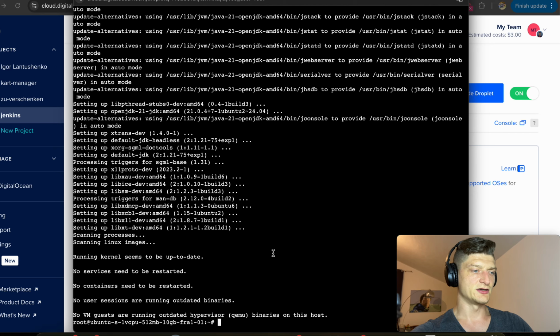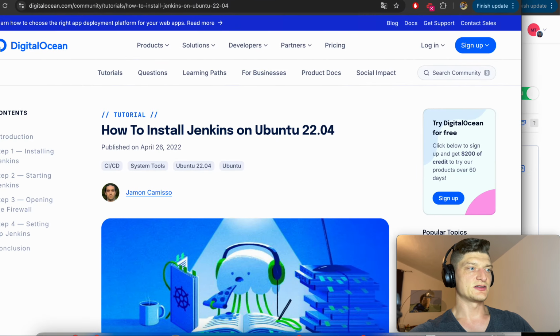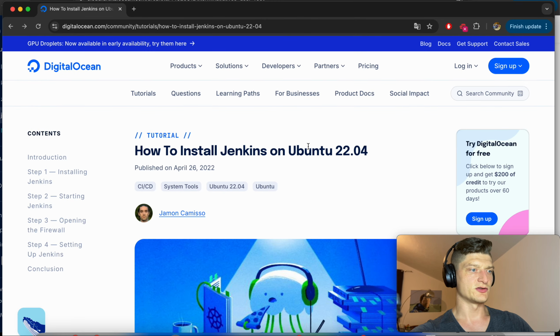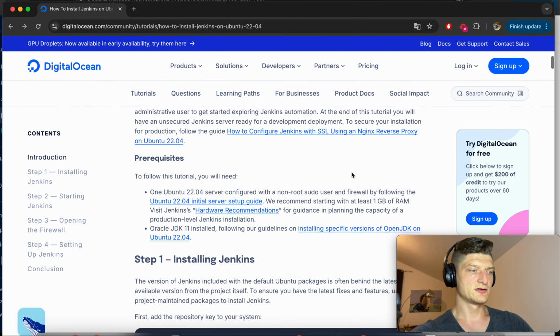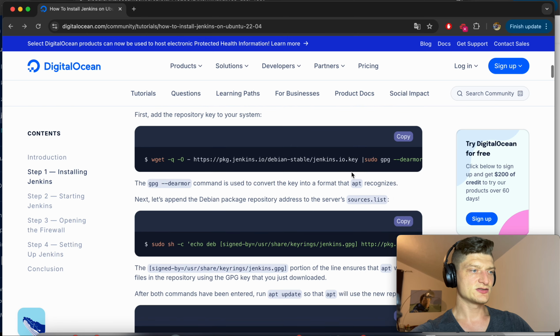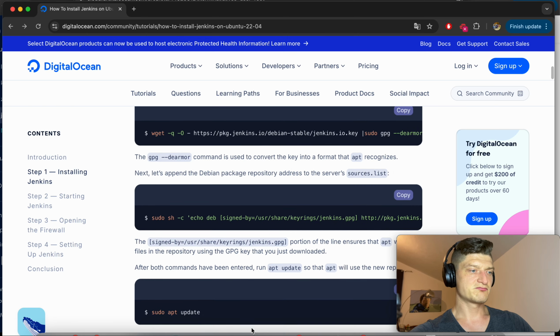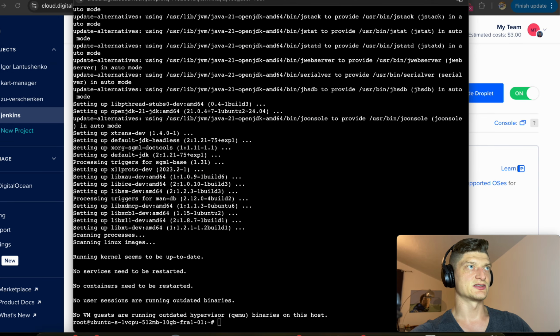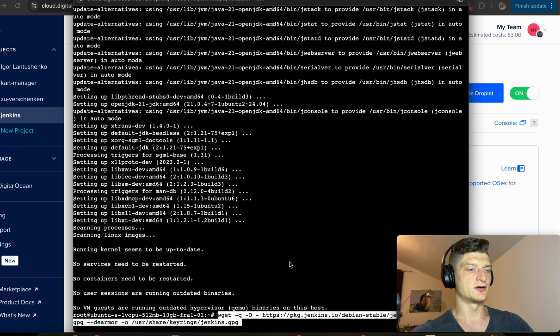So when it's done, we actually can get back to Jenkins, and here take a look at this super easy to follow installation manual. It just has some introduction and a couple of commands. We're just going to copy paste it and run it. Basically, one of them, we are going to get our